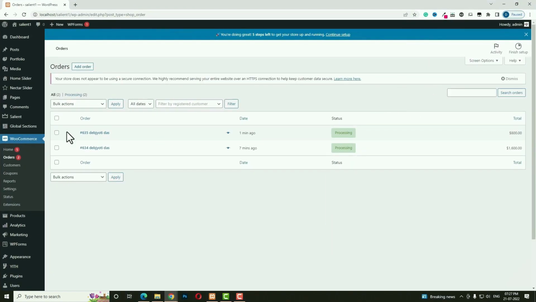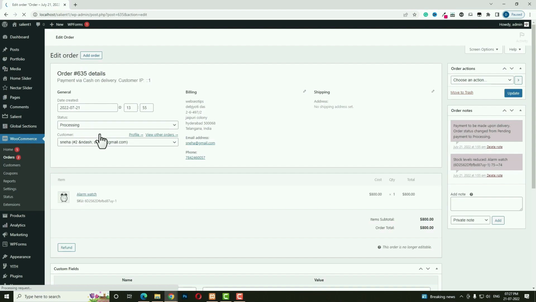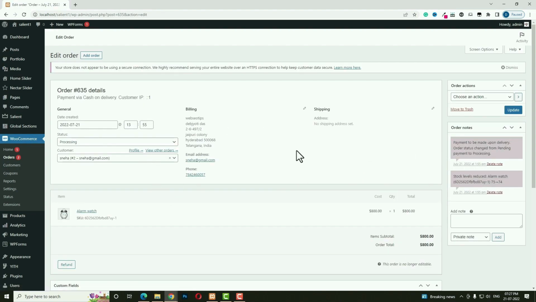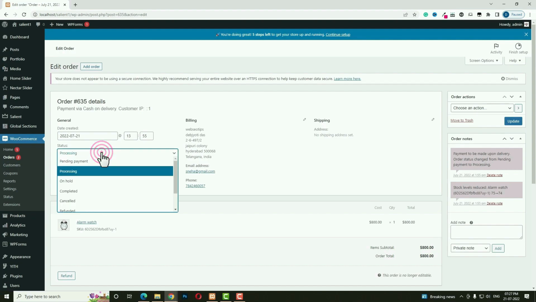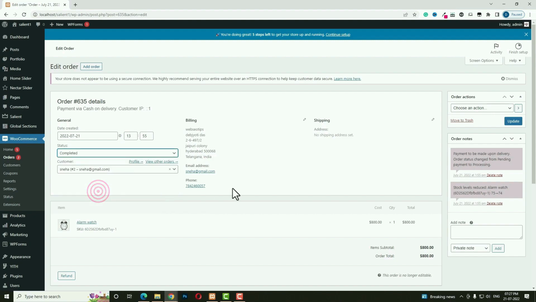Let me make it full screen. Now, for seeing the details of the order, I have to click on the order. From there you can see all the order details like billing address, shipping address, etc. Suppose you have already completed the order as an admin. From this drop-down I have to choose Completed, and from here click on the Update option. So once, as an admin, you have updated the order,